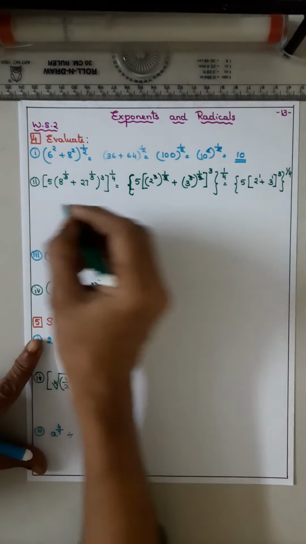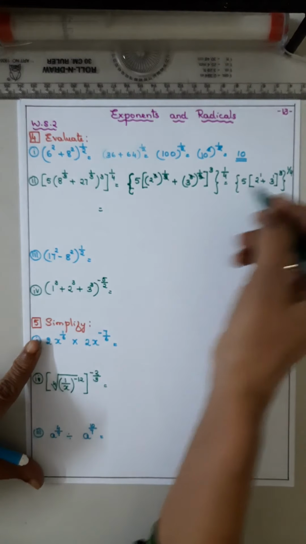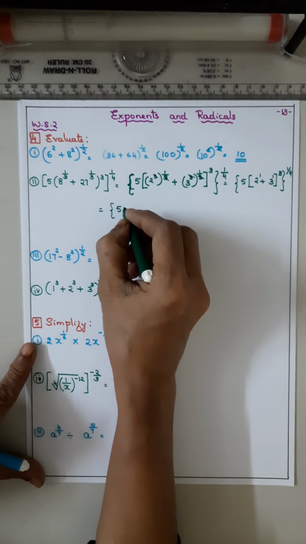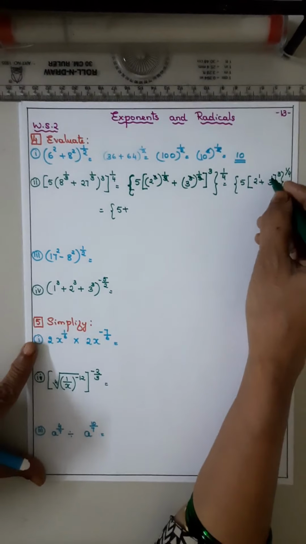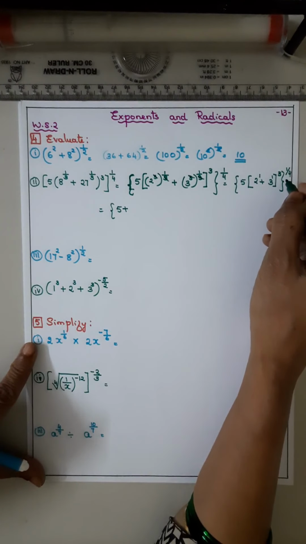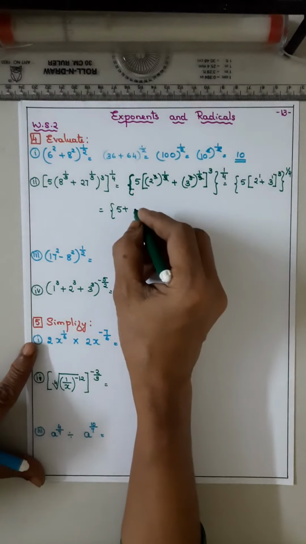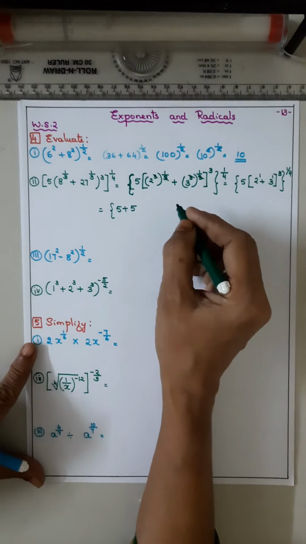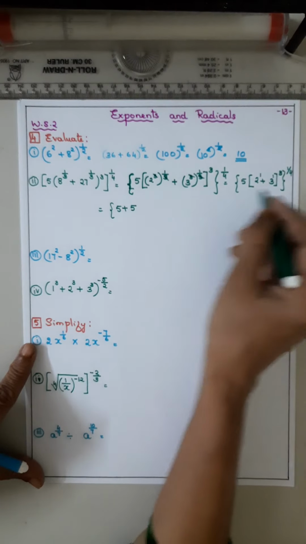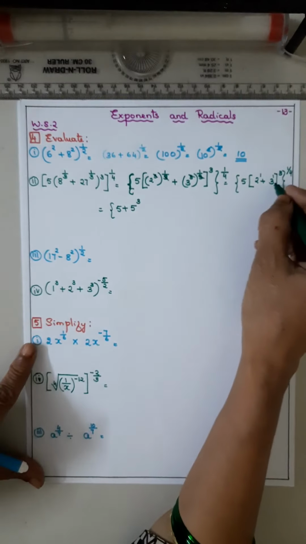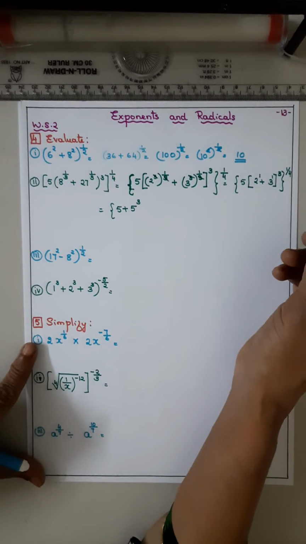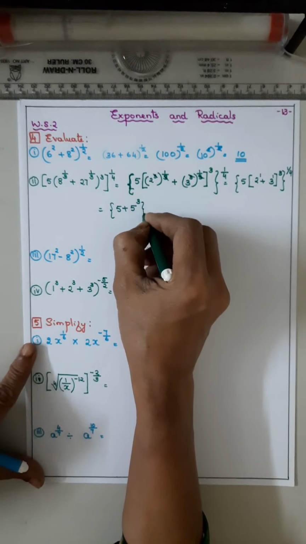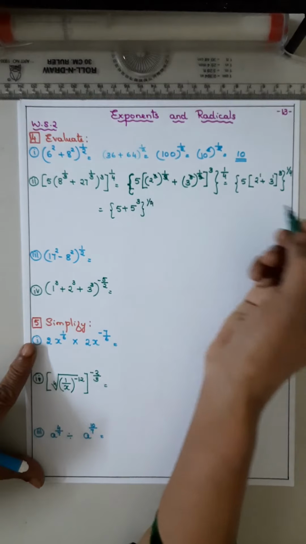Okay, now it is a 5 plus 2 to the power 1 is 2, 3 to the power 1 is 3, 2 plus 3 is 5. But what has to be done with the 5? It is a cube, isn't it? 5 cube. Understood why? So 2 plus 3 is 5, 5 cube, bracket, 1 by 4.